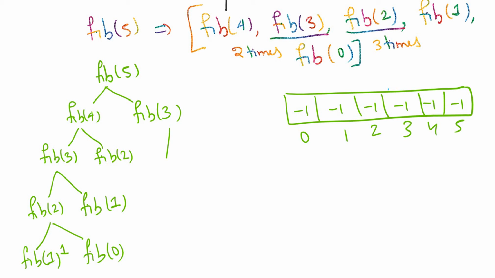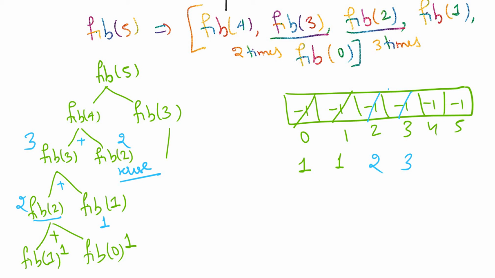This value is 1, so this becomes 1, this becomes 1. 1 plus 1 is 2, so Fibonacci 2 becomes 2. We are storing it. As soon as we compute anything, we store it. This is 1, already computed. 2 plus 1 is 3. So again we stored this value 3. Fibonacci 2: now we will not compute it again. Fibonacci 2 is already 2. We will reuse it. So here, reuse.